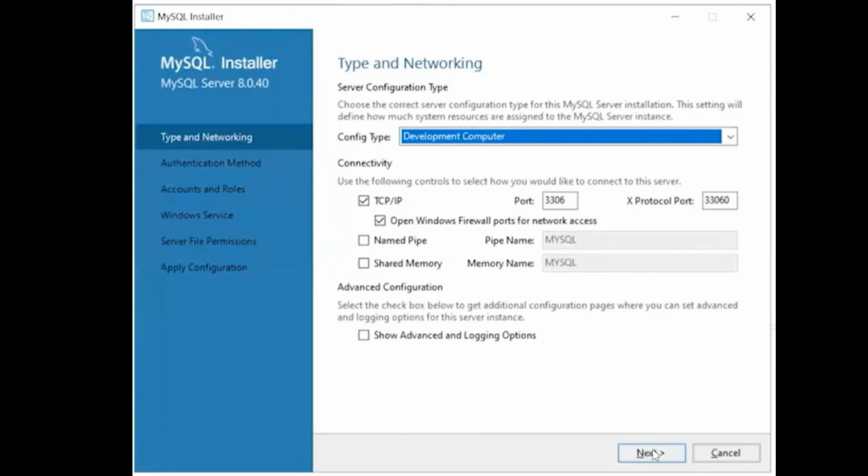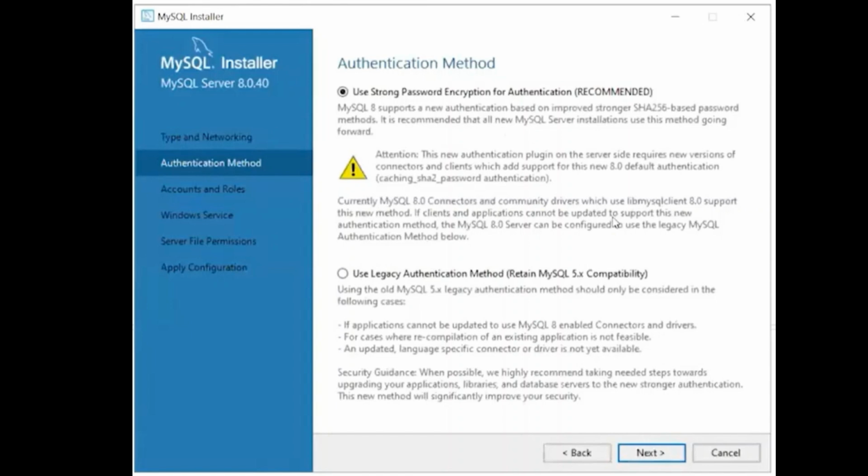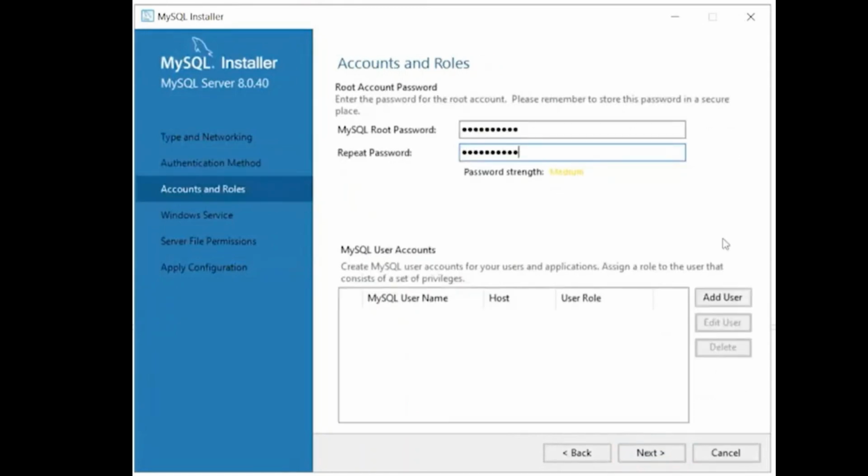Then I'm moving to the next step, the type of network and authentication method. Here we are going to use the strong password option, and click next. Here we need to enter the administration user password. After that, we can create a new user as well if you want. So create